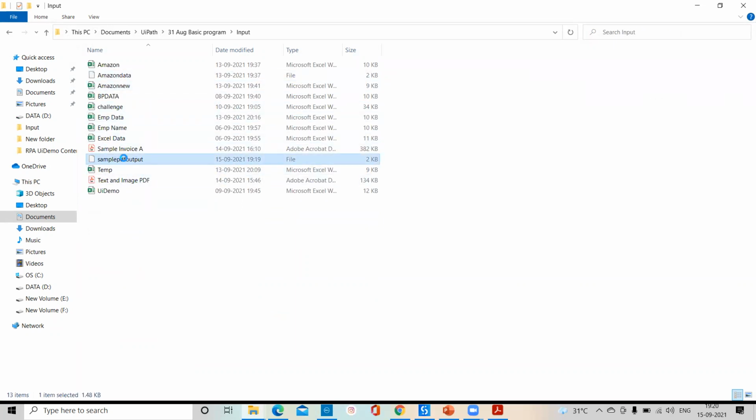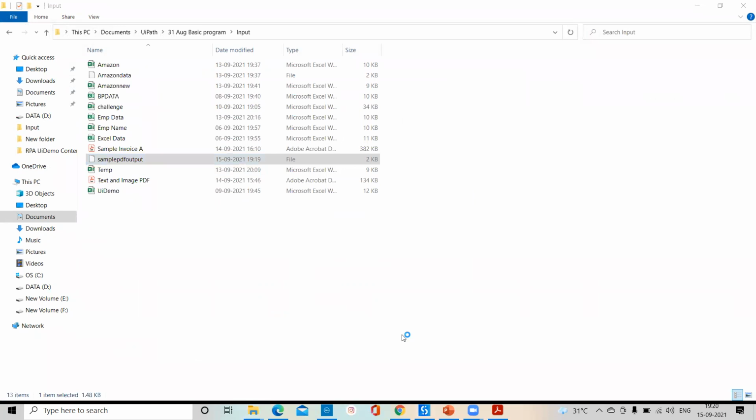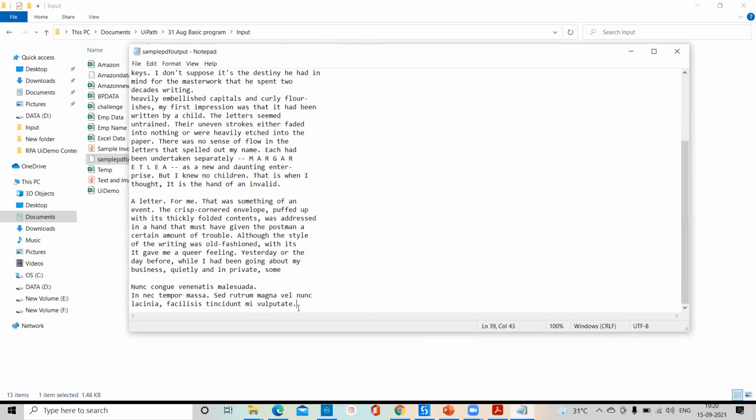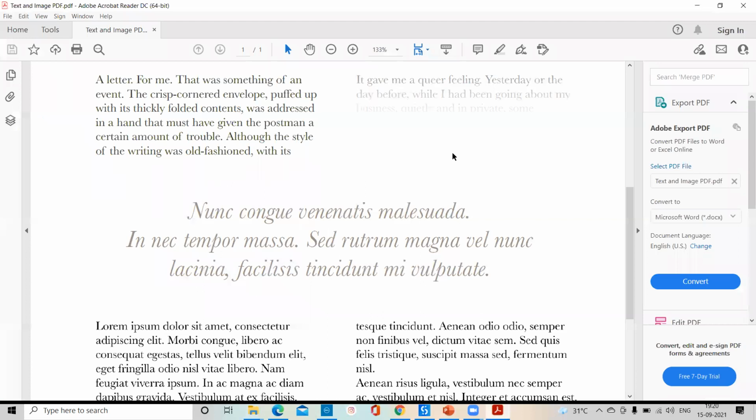Okay, I'll right click and open with Notepad. So it's already written all the data into Notepad. You can see here till Volputate, it's working fine. So right now in the PDF, whatever text data is available, we are able to write into this Notepad.